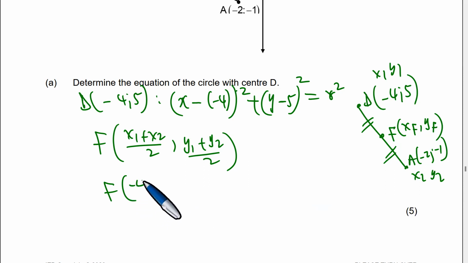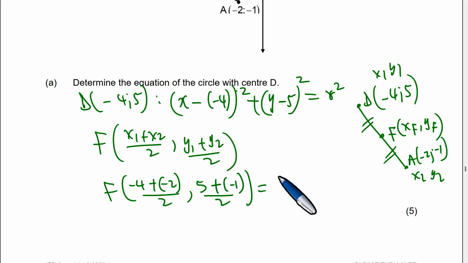What is x? It would be -4 plus -2 out of 2. Y would be 5 and -1 out of 2. What is -4 minus 2? That is -6, divided by 2, which is -3, and y is 2. Right. So we found the coordinates of F, and we just need to get the radius of